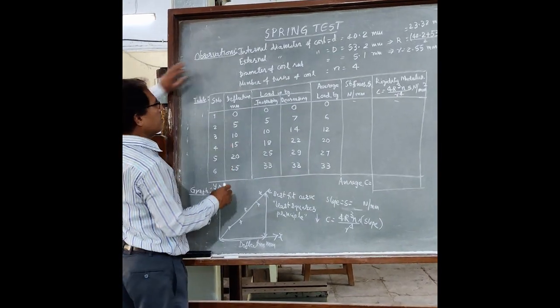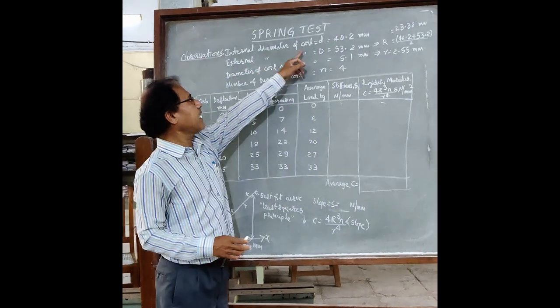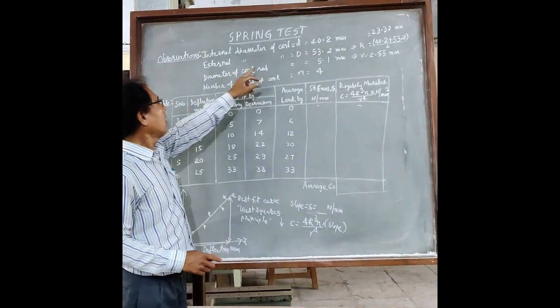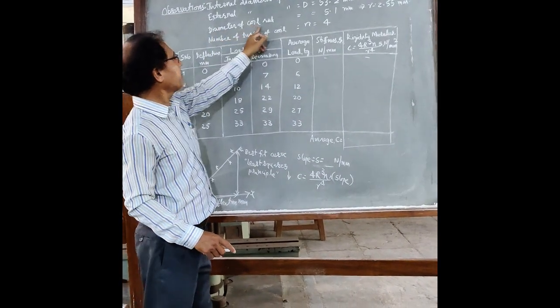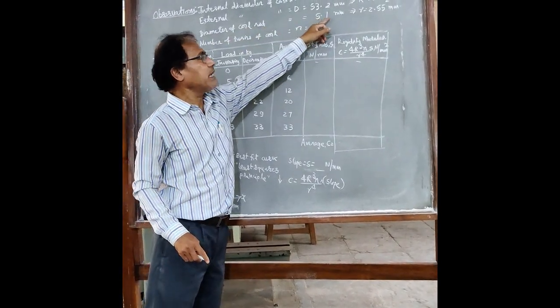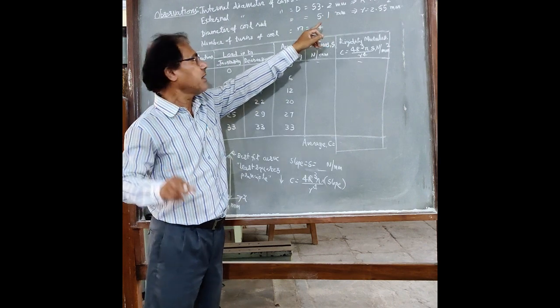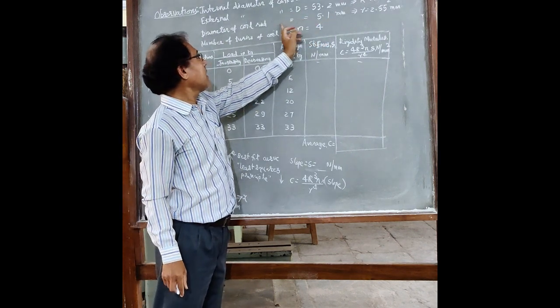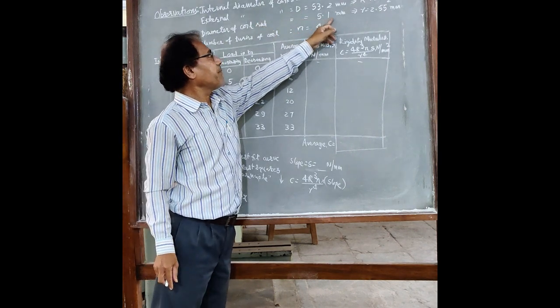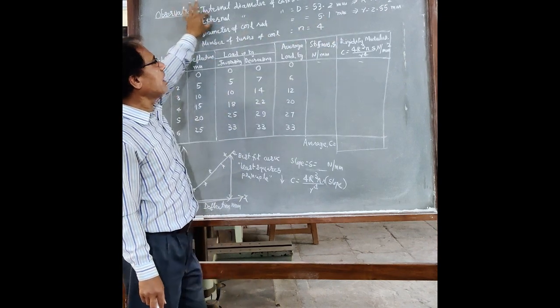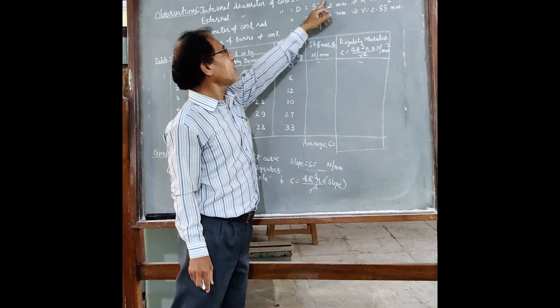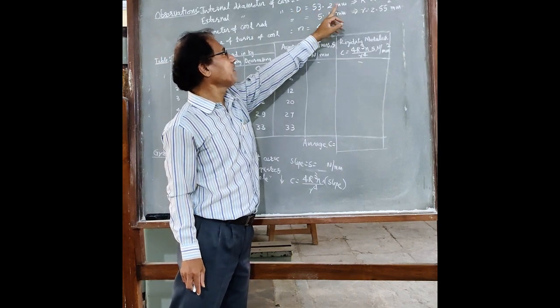Yes, student, right? Just now I have given these observations, and the internal diameter of the coil is equal to 40.2 mm. That I have measured, already told, right? And I have measured the diameter of this coil rod as 5.1 mm. Actually, I get the diameter, but I have noted down that diameter as 5.1 mm. Therefore, from it I now calculated the external diameter of the coil. Capital D is equal to 40.2 plus 2 multiplied by 5.1, which is equal to 53.1.